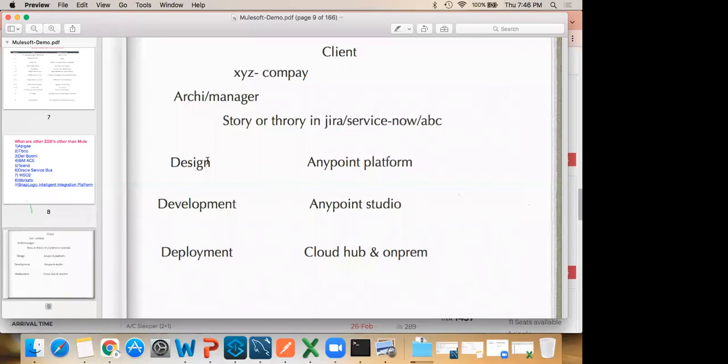Just for the time being, remember that in MuleSoft 3 phases will be there: design, development, deployment. In the design phase we will use the Platform, in the development phase we will use Studio, in the deployment phase we will use both. Okay, after development we have testing, right sir?